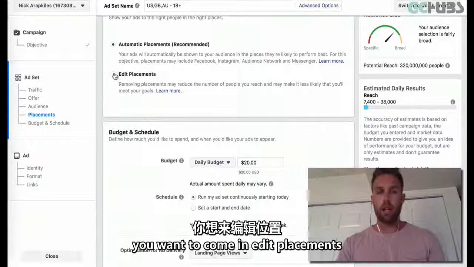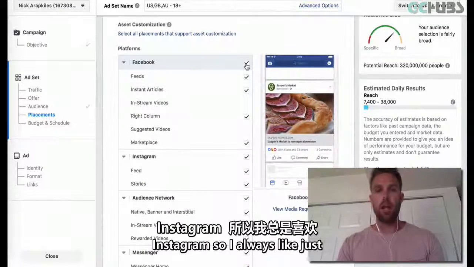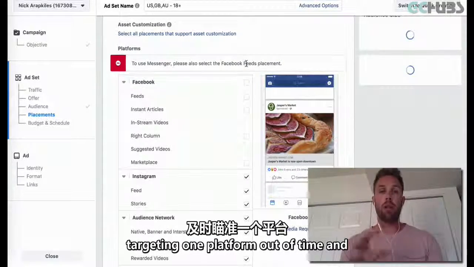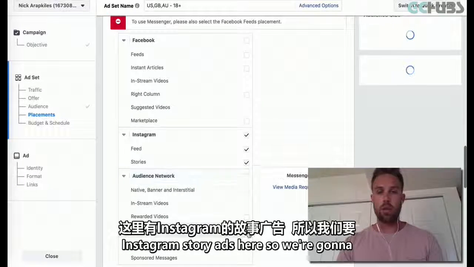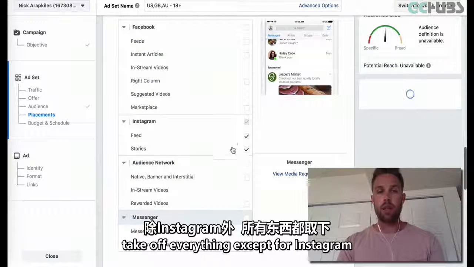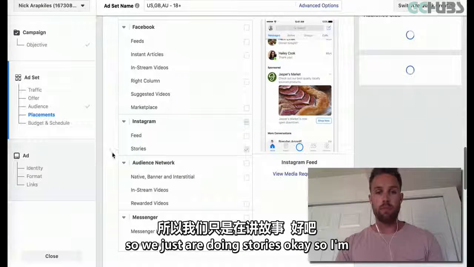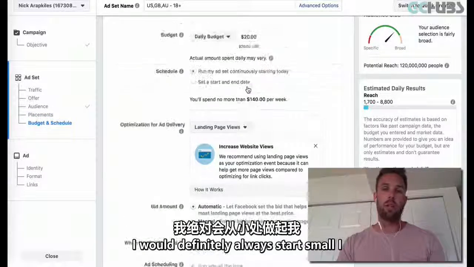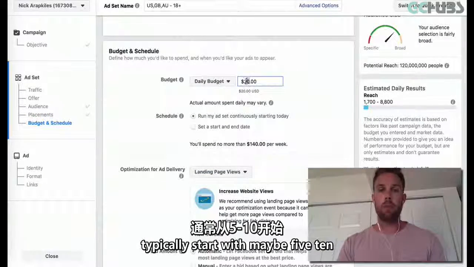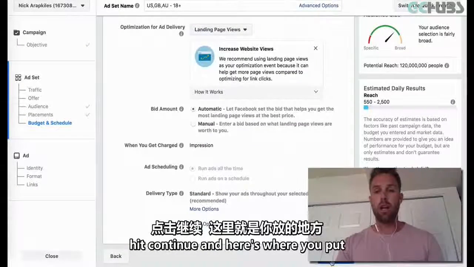Here's where you want to come in and edit placements, where you're changing from Facebook to Instagram. So I always like just targeting one platform at a time. And again, obviously we're talking about Instagram story ads here. So we're going to take off everything except for Instagram, and then we take off feed. So we just are doing stories, okay? So then we come down, figure out what your budget is. I would definitely always start small. I typically start with maybe $5-10 a day, and then if it's working, I scale up from there. Hit continue,